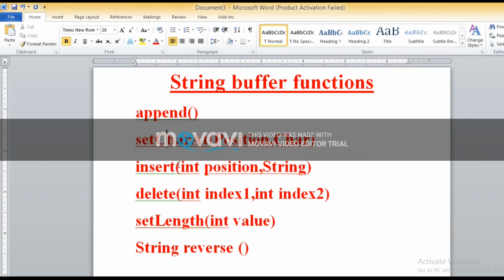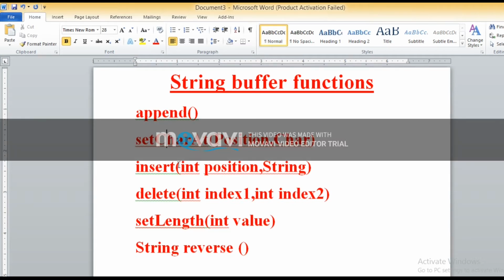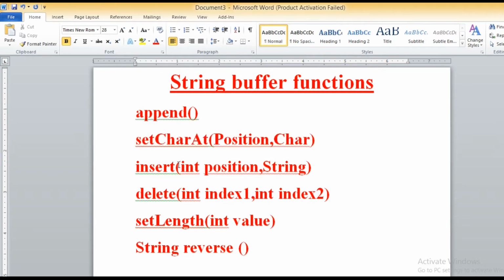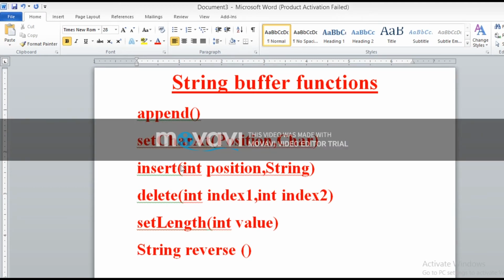Now the next function is setChar. It is used to replace a character with another character available at the specified index of the string. If you want to replace a character in the given string, like I have written the word beautiful, or any other word you can take here, like computer. Instead of P, I want to write M in the given string. To replace the character at a specific position, we use the setChar function of the StringBuffer class. In the same way, if you want to insert a string in the given string at a specific index,